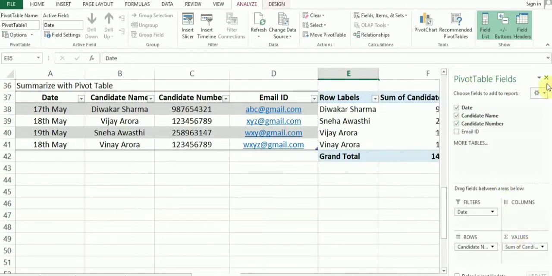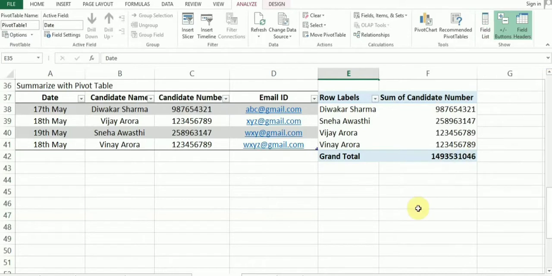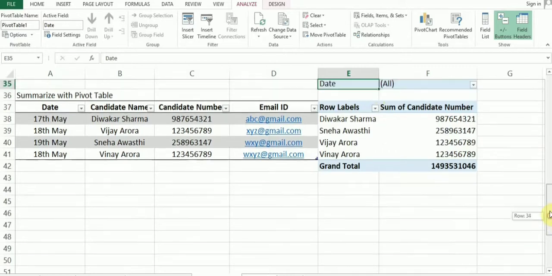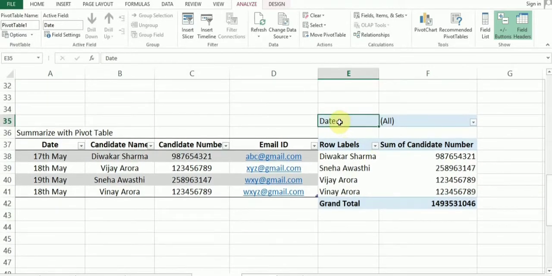Now what you can see here, you can see 2 data has been added, the candidate name and the number, but if you remember we put the date as the filter option. So now once you select it, now you can see the date. It is displaying all the dates.